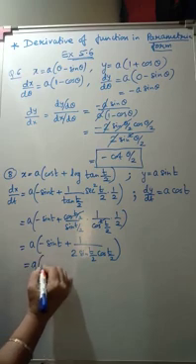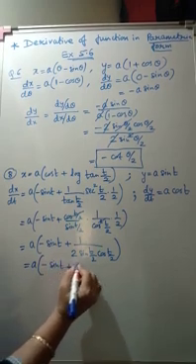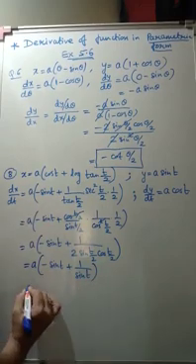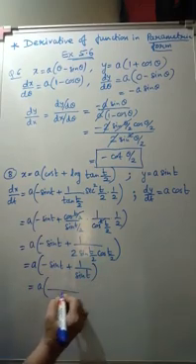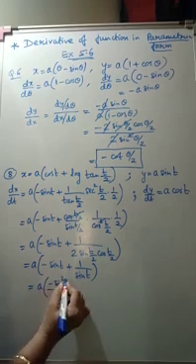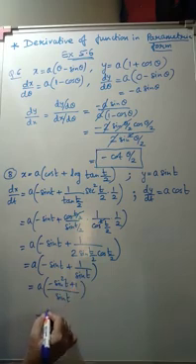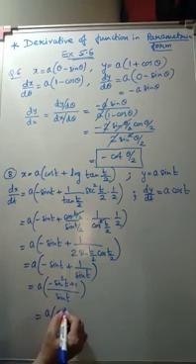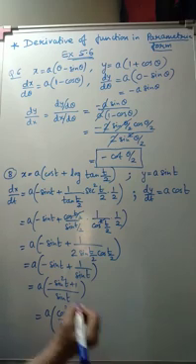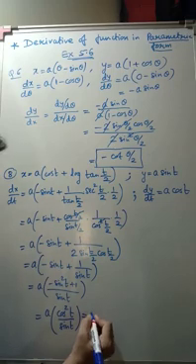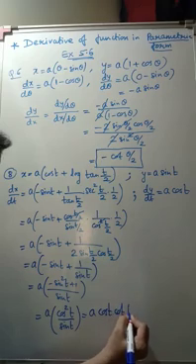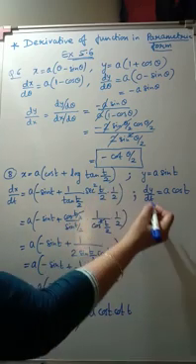So this is a into minus sin t plus 1 by sin t. See, I am doing it in simple form. So this is a, you take LCM sin t, and this will be minus sin square t plus 1. So this will be a, this is cos square t divided by sin t. And what is cos square t divided by sin t? It's a cos t into cot t. And this is dy by dt.